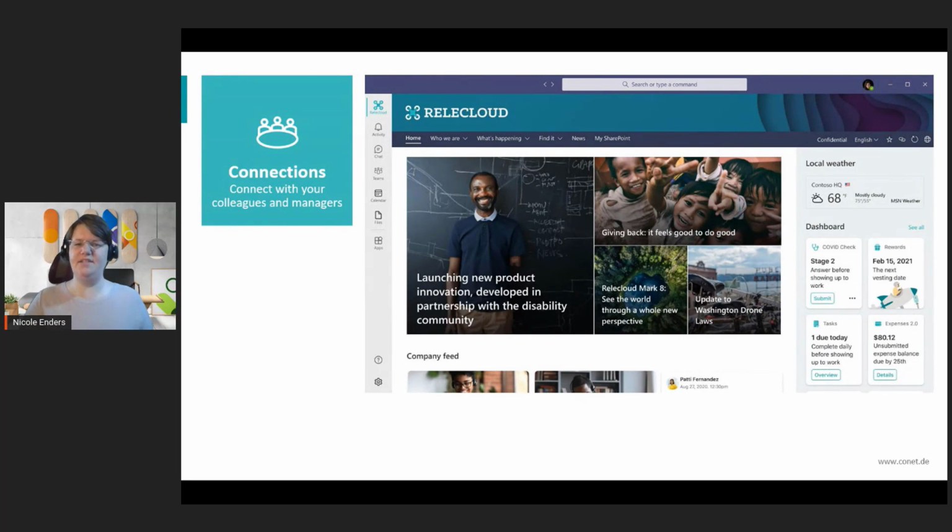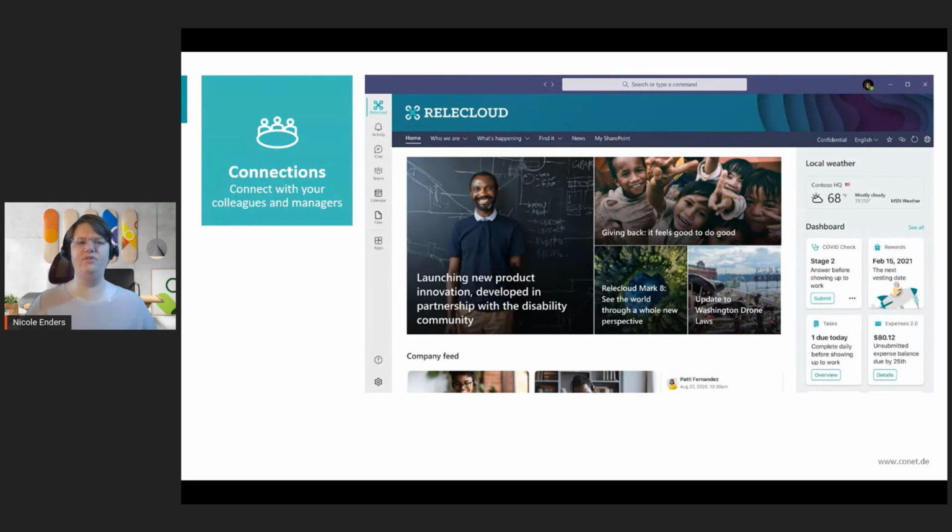But the main idea is if you are working with SharePoint for an intranet at the moment, then this component called Connections is your chance to integrate your intranet into Microsoft Teams.